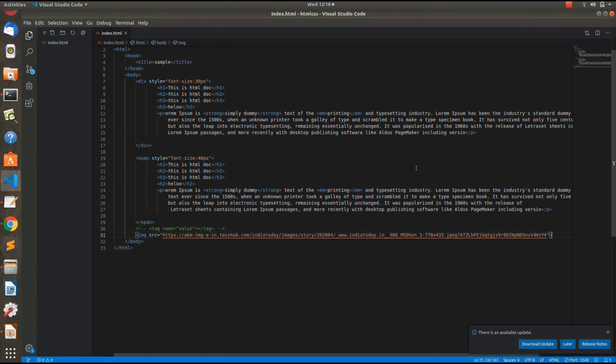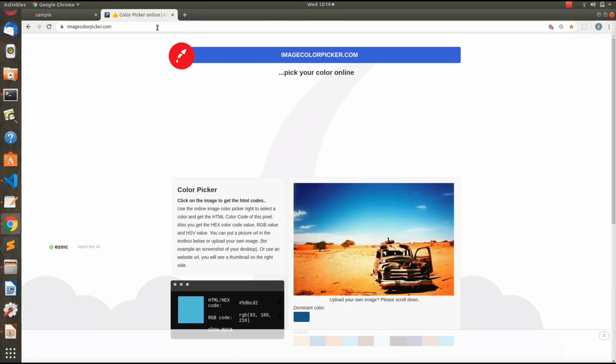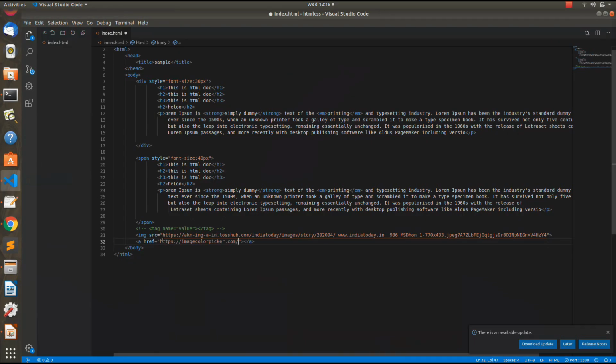So the next tag we are gonna see is the anchor tag or the link tag, which is written with an opening and a closing A tag, and it takes an attribute which is written as href, which also takes a URL of the destination web page or the website where you want to reach. For example, if I want to make a link to this fabulous website about which I am going to tell you in some other video, just copy the link to this website and paste it here, and write some text here, link to website, and